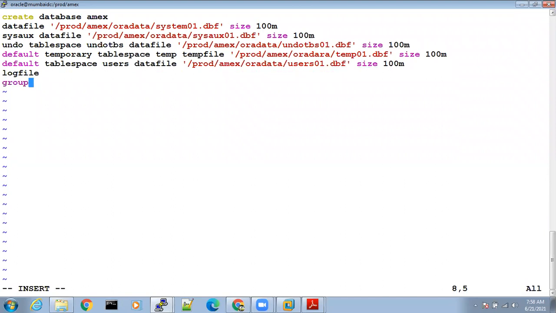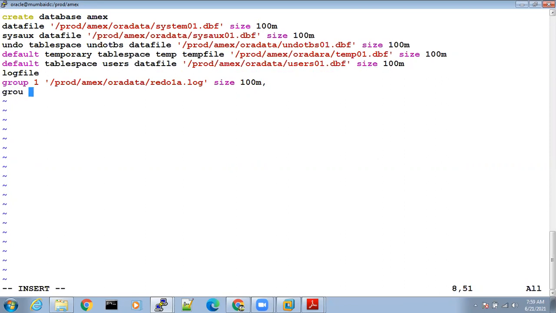Group space 1 space single quote /prod/mx/oradata/redo1a.log single quote size 100M comma. Here you have to give a comma.